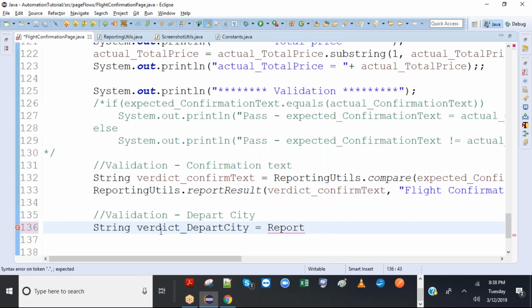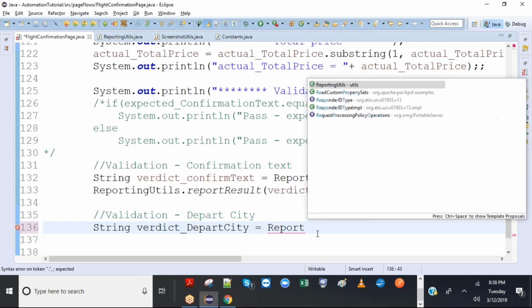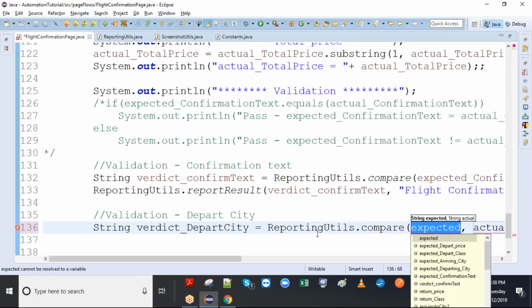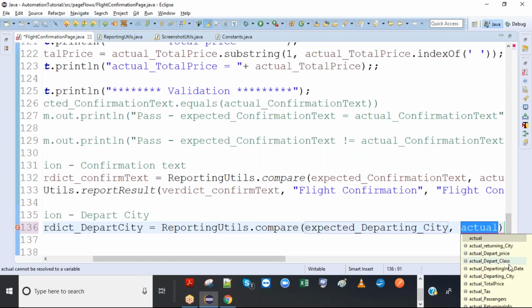Okay, it's not ReportUtils, it's ReportingUtils. Compare. Expected, you just need to select the appropriate one. So depart price, depart class, departing city, right? That's the one. Actual departing city. There we go.